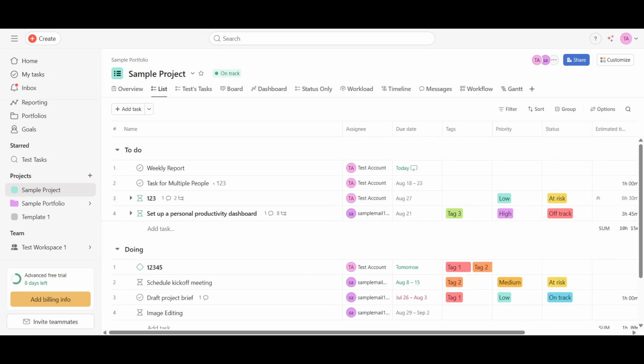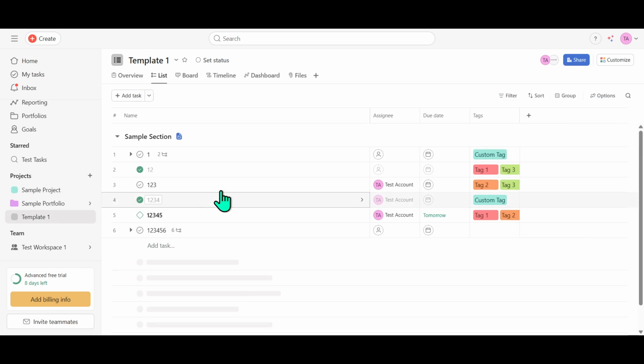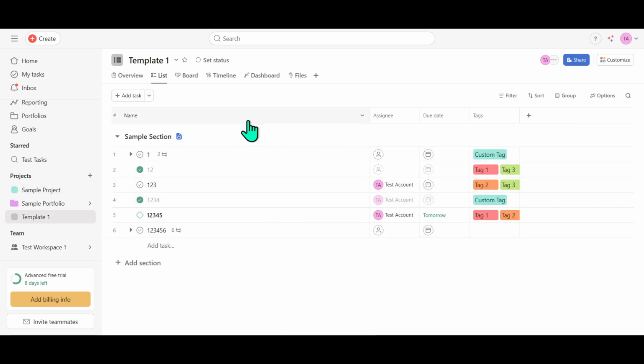In today's video, I'm going to teach you how to import a CSV file into an existing Asana project. If you've been using Asana, you might already know that you can create a new project by importing a CSV file, which is a great way to quickly get started. But what if you've already set up a project in Asana and now find that you need to bring in some additional data from a CSV file? Well, don't worry. I'm here to guide you through the process of integrating your CSV data seamlessly into your existing